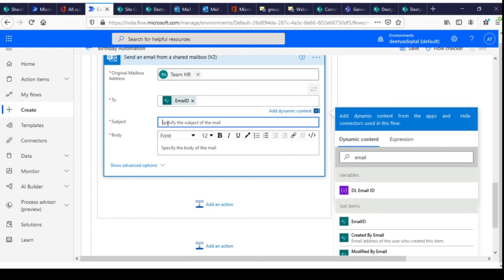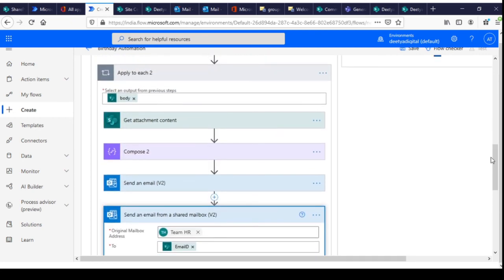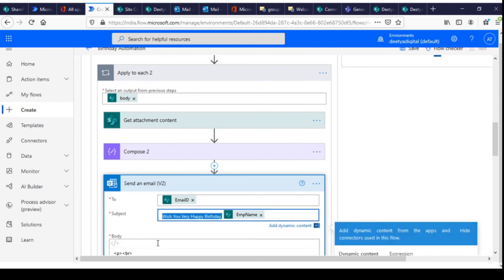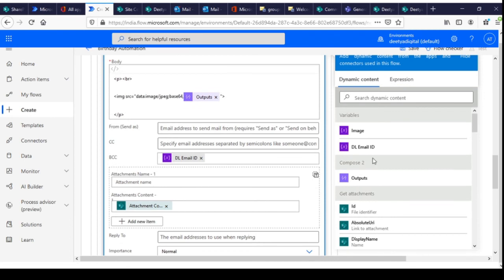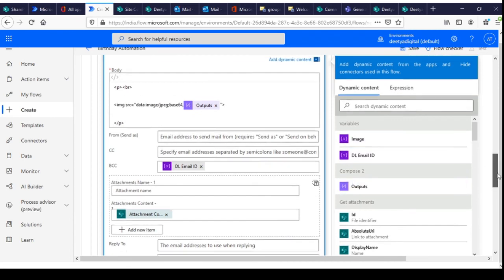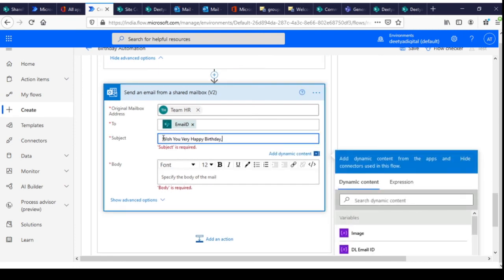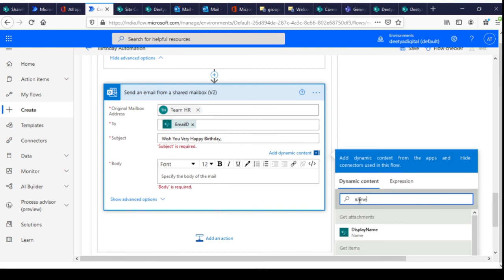Email ID, I'll copy the content from here. Put the name.